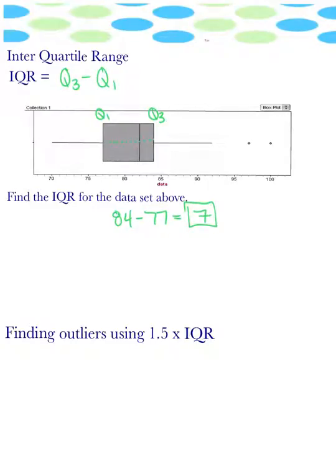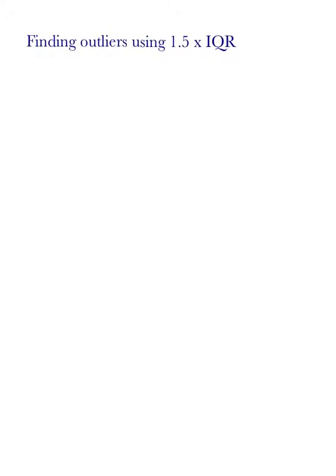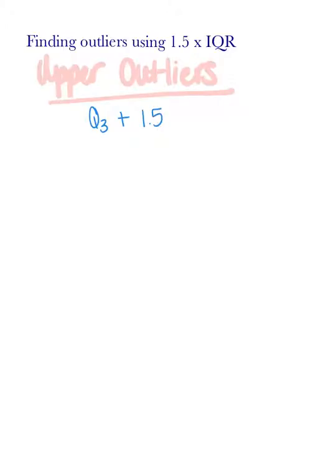Now, why do we care about that IQR? Well, the IQR is going to help us find outliers. So there could be upper outliers or there could be lower outliers. So first, let's talk about upper outliers. To find an upper outlier, you're going to take quartile 3 and you're going to add 1.5 times the IQR. And that's going to give you an upper cutoff